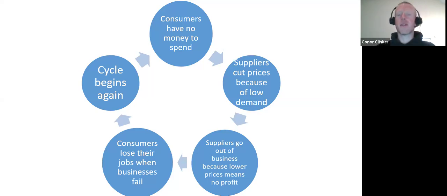If you cut prices to try to get customers in the door, there is a point at which there's no profit left, there's no profit margin, and then you go out of business. So the movie theater goes out of business, for example, because the people that got fired from the factory stopped going to the movies. Then what? Now the death spiral starts taking over. What happens when the movie theater goes out of business?